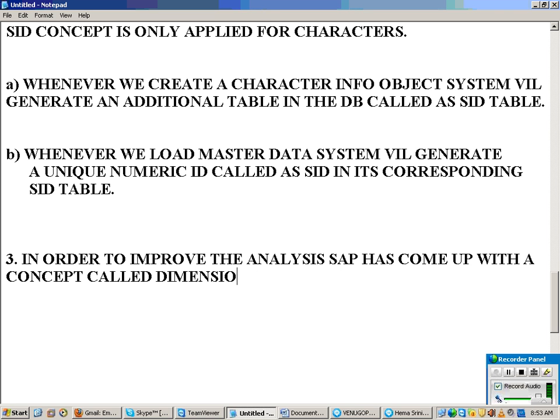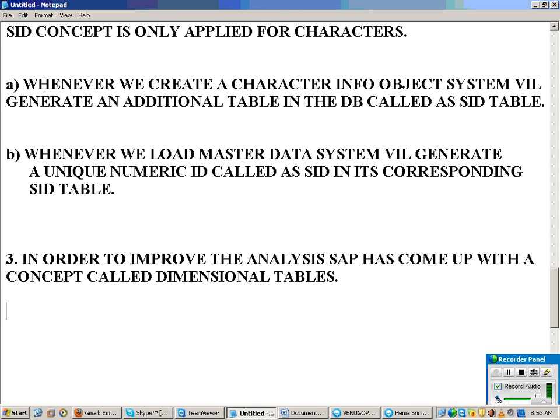Earlier we said the master table itself is the dimensional table. But here your master table is different, and the dimensional table is different.